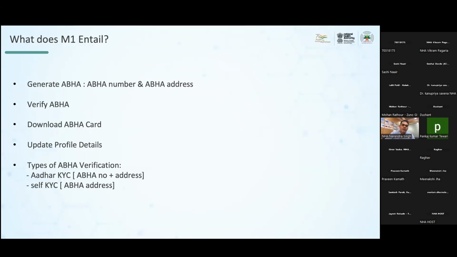The next thing is, some people will already come to you saying they already have an ABHA. So you should have a system of verifying whether this ABHA is correct and belongs to the correct person or not. The API will allow you to verify the ABHA. Then, the data in the ABHA is there, so you can download the ABHA card. We give you the ABHA card data and the QR code,